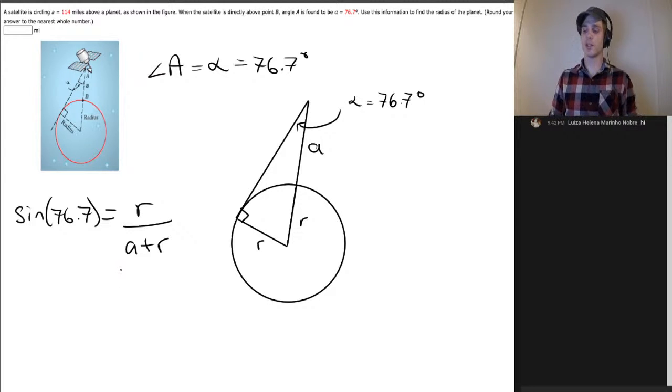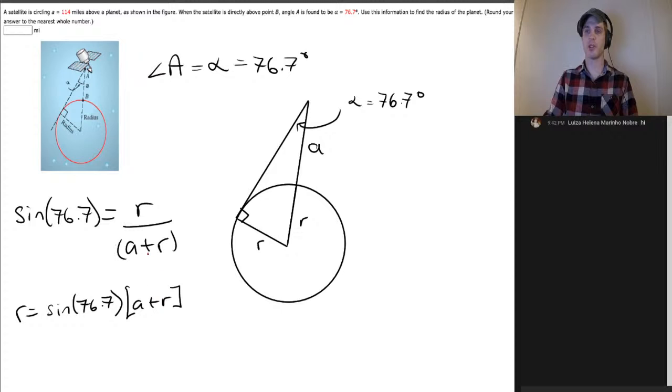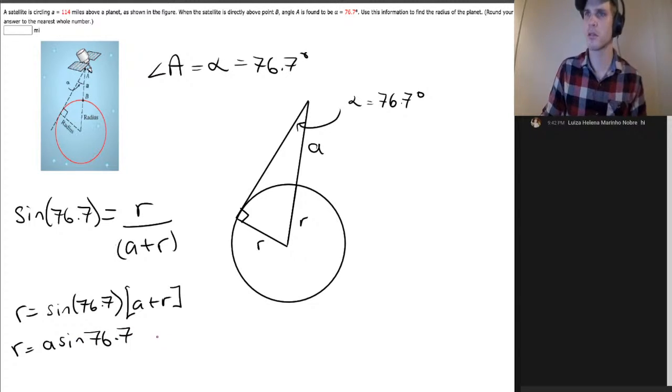And so we can solve for r here. This is a little tricky, but I'm going to multiply both sides of the equation by the denominator here, a plus r, and I'll get r equals sine of 76.7 times a plus r. So I just multiplied both sides by a plus r. It canceled over here, and then we're left with this. Now I can distribute sine of 76.7 to both of these. So r equals, let's say, a sine of 76.7, and